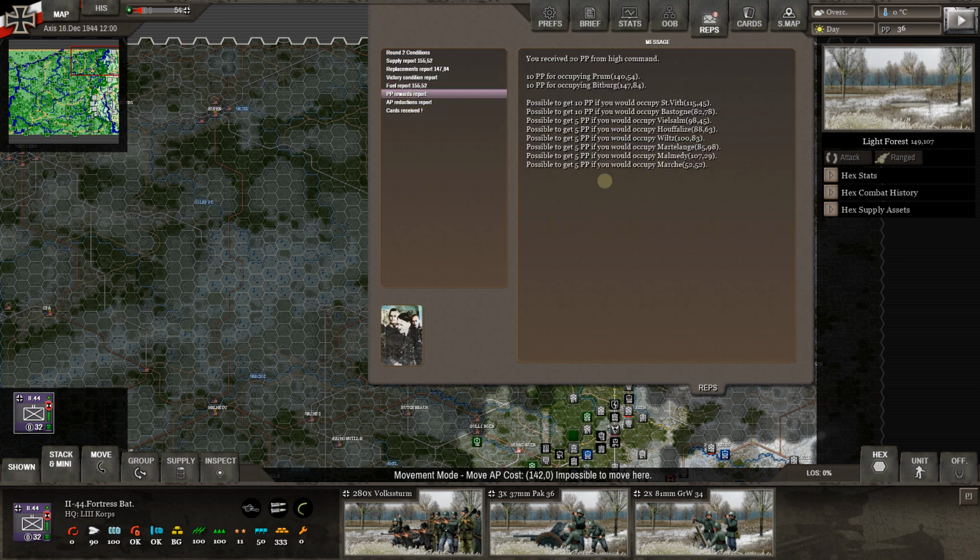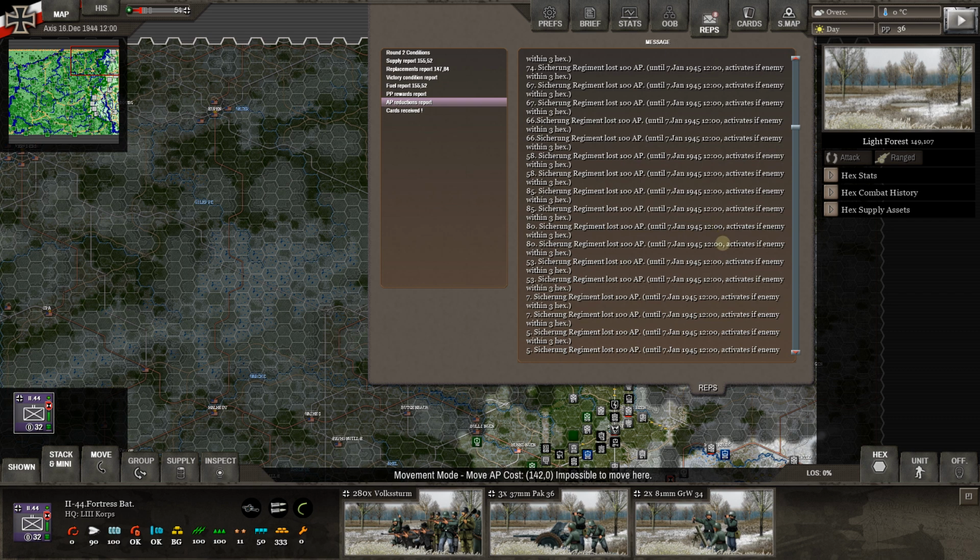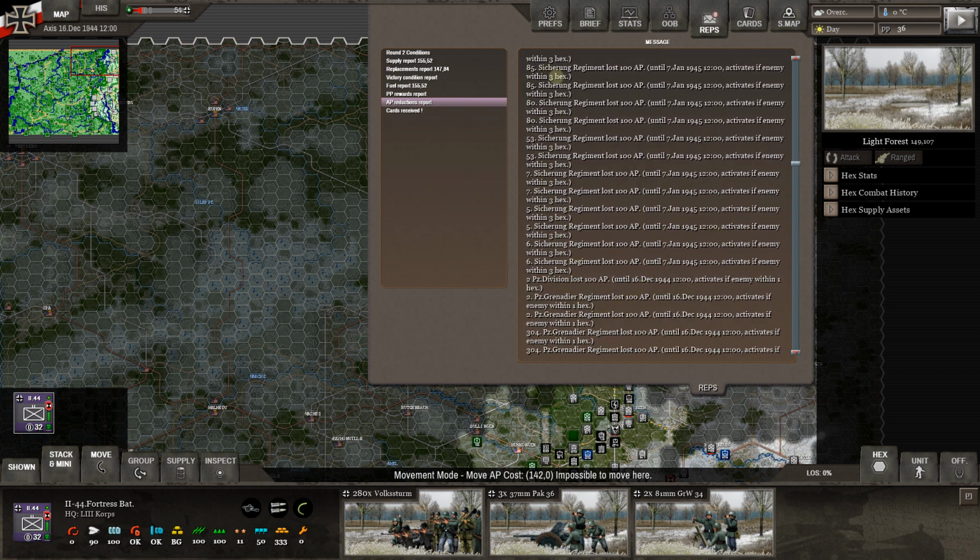Okay, PP points, there you can see it. It's telling us what the next ones up are. We got 10 for Prum and we got 10 for Bitburg. We'll take it. AP reductions, all right, and this is where you can see when these units will activate. Okay, you can see up here, some of these fortress battalions, it'll be a while because the enemy will have to activate them. Some of the Volksgrenadier, this regiment, the 1129th, will not activate until 1200 hours, okay, interesting. Does it tell you exactly which turn they activate? Now, a lot of these Sicherungs and whatnot,